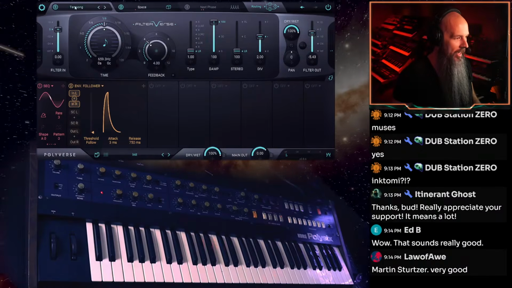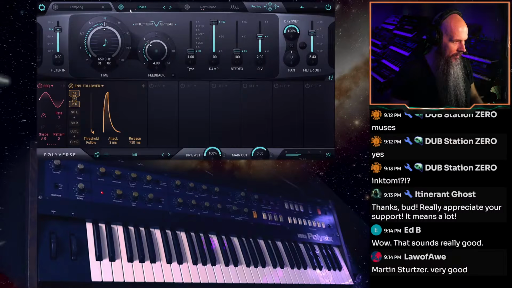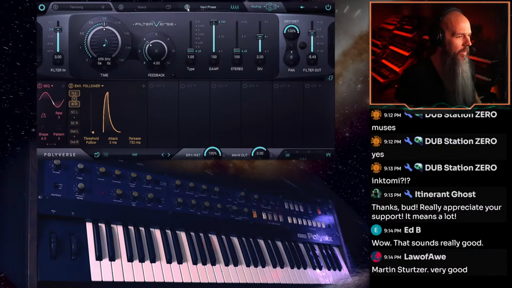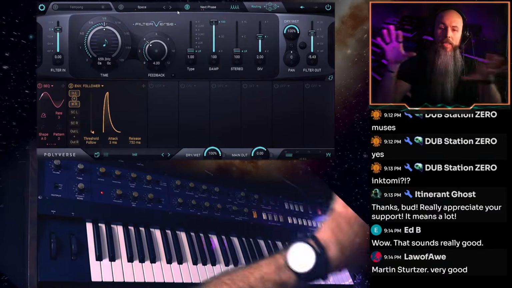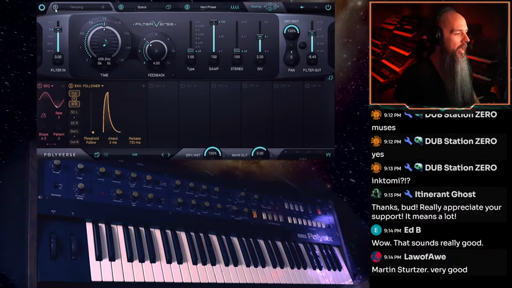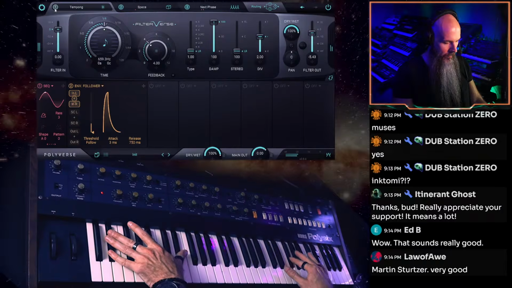Just a little delay. We have the reverb part. And then we actually have a phaser as well that's helping to widen the stereo image. And so all of those together just creates this incredibly large